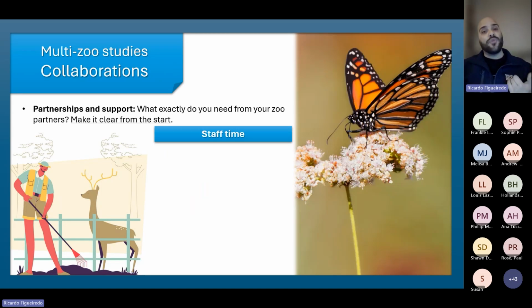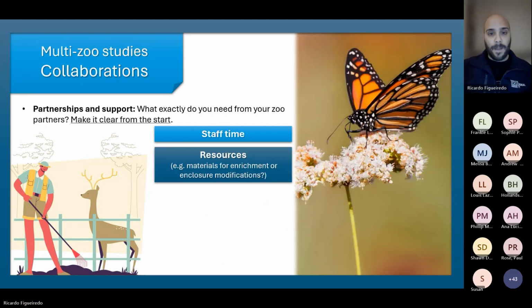How much time will you require of different staff members, which could be the zookeepers, veterinarians, educators, any zoo staff members that may need to be involved with your project and may need to spend some time on it? You have to make it clear from the start, tell the zoos exactly how much time you need